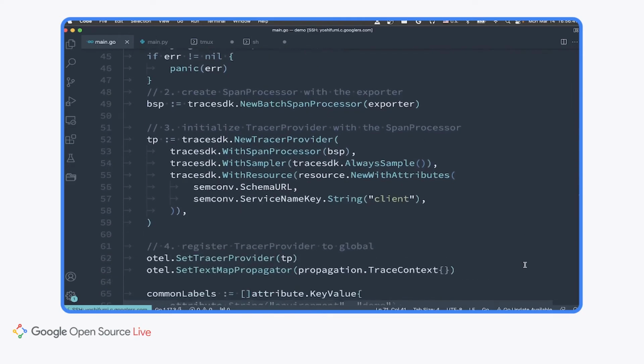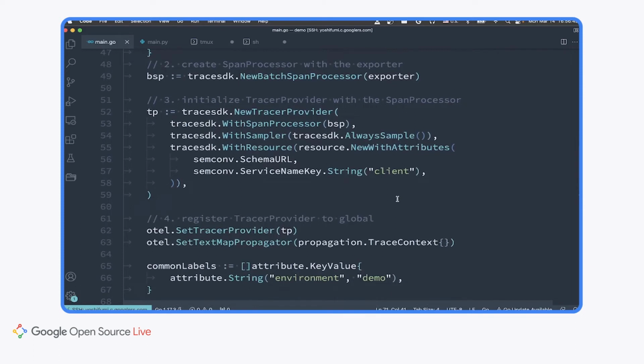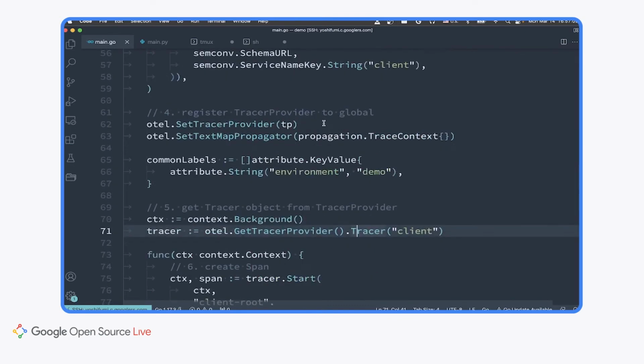Now you have a span processor object, you can create a tracer provider with it. Also, you can set up the sampling rate and resources, and so on. Now you have a tracer provider object, you can set that object to global.